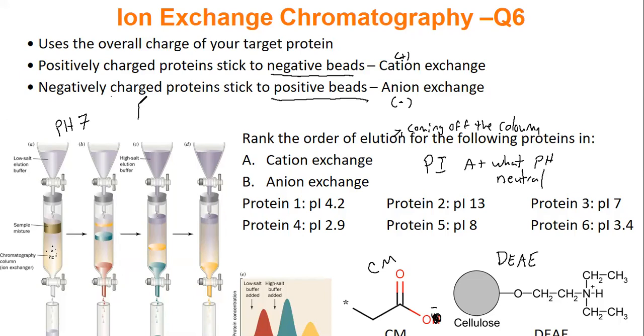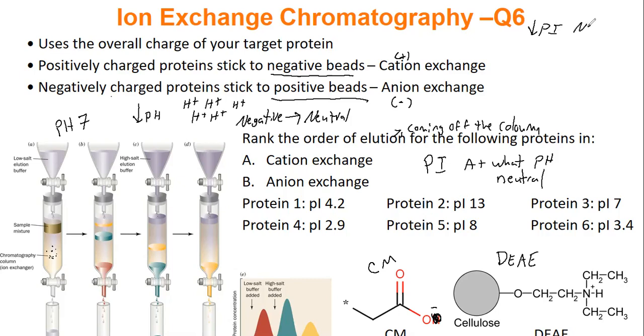So at a low pH, there is a lot of hydrogen in solution. And at low pHs, negative amino acids become neutral. So if you have a very low PI, what that means is that you have a lot of negative amino acids. It takes a very low pH for you to become neutral. So low PI